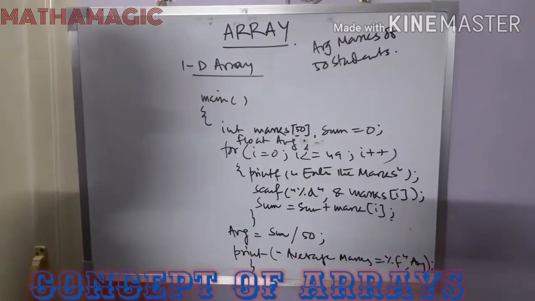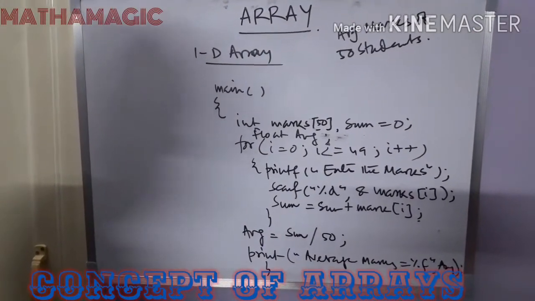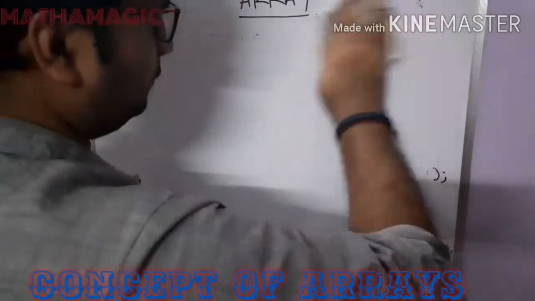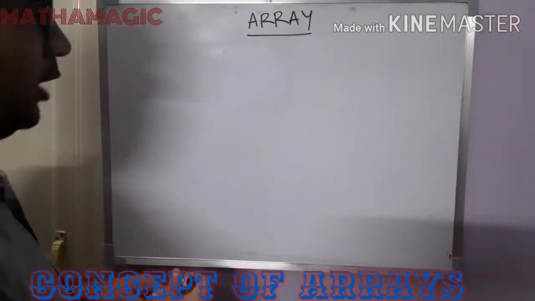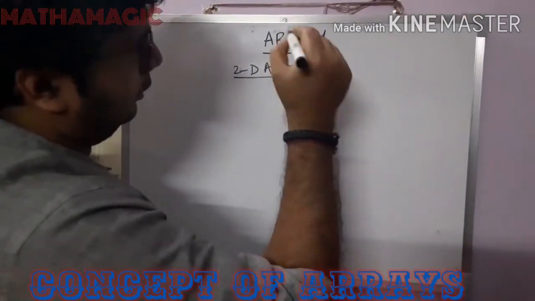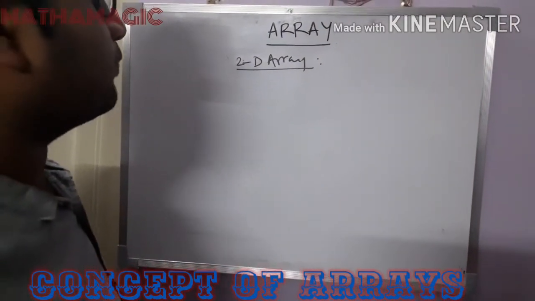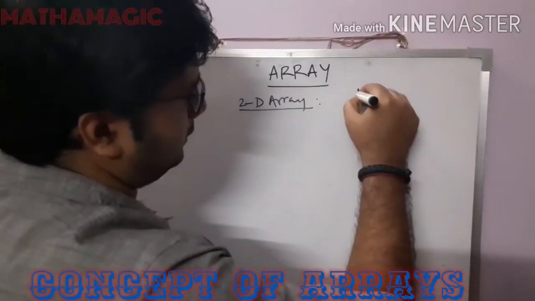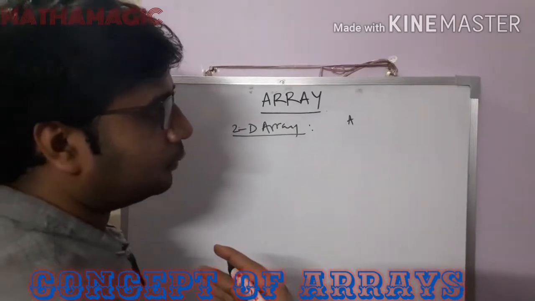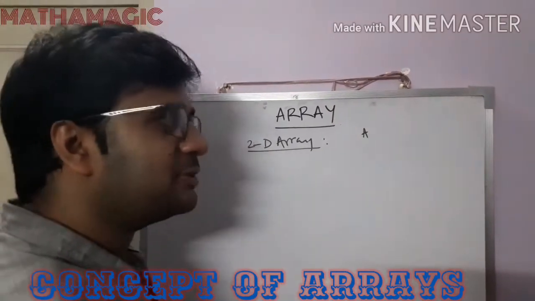Just write it down so that you can look at the program and try to understand the logic used here. So we'll move to the last program, that is the two-dimensional array. What is the use of a two-dimensional array and how it affects the program. We'll try to understand the logic of how we can use a two-dimensional array to add two matrices. In this program we are not caring about the order, we are simply taking that the two matrices are of the same order.